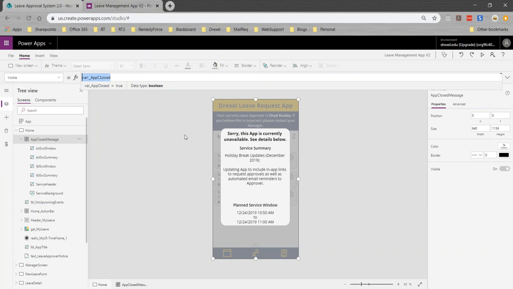So essentially, a person loads the app, it checks the service log list to see if there is a current service entry. If so, it presents this message. Otherwise, the message doesn't show. The one downside is that there is that split second before the message appears. The length of that is going to vary depending on a lot of factors like connection speed, etc. So I'm not sure how to get around that, but people probably won't be able to do anything substantive in the app during that brief